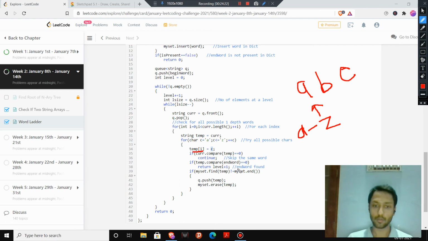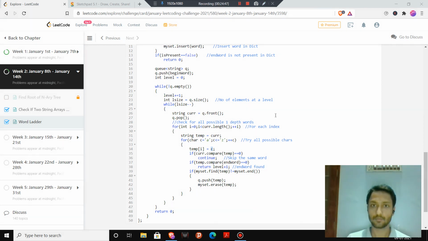Okay. Now if set.find(temp) is not equal to set.end, that is, we have that transformed word in our set, for example, we have FBC in our set, then q.push(temp). We will push our transformed word into the queue, and we will erase that element from our set.